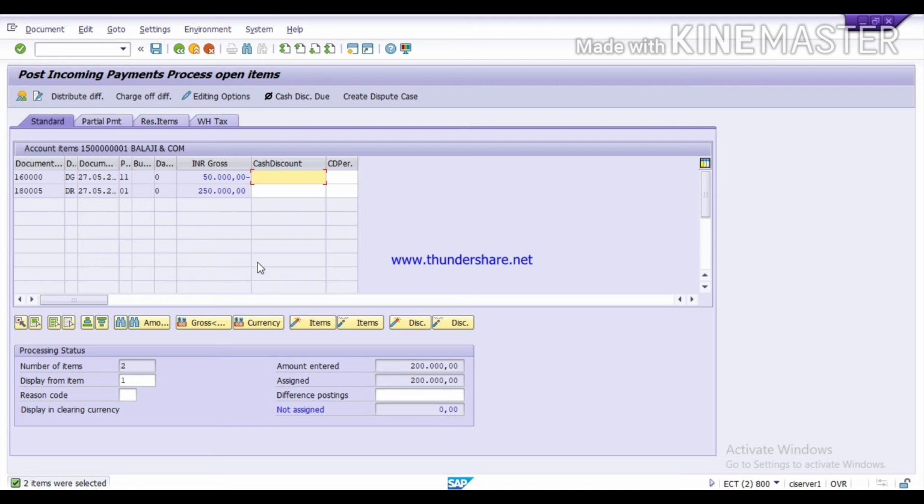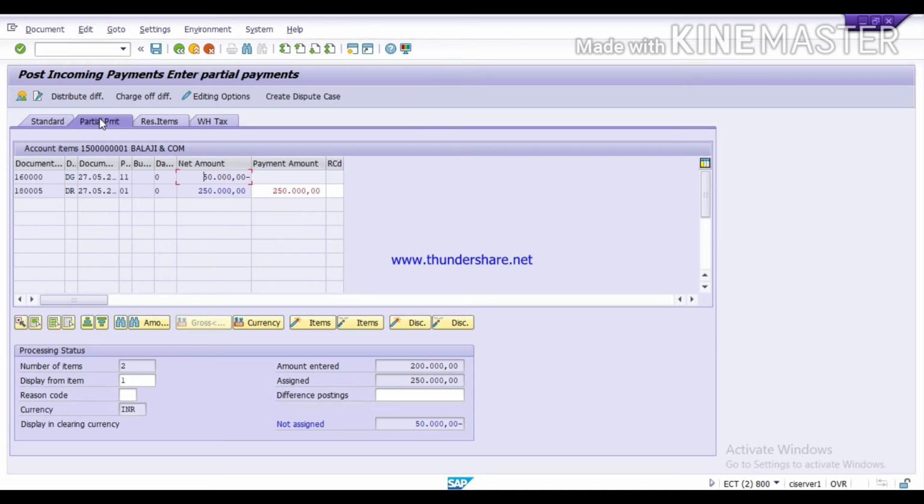If we do the full payment, like this you can complete it or post it. But today we are going to do a partial payment, so we will not select this. We will just click on partial payment.